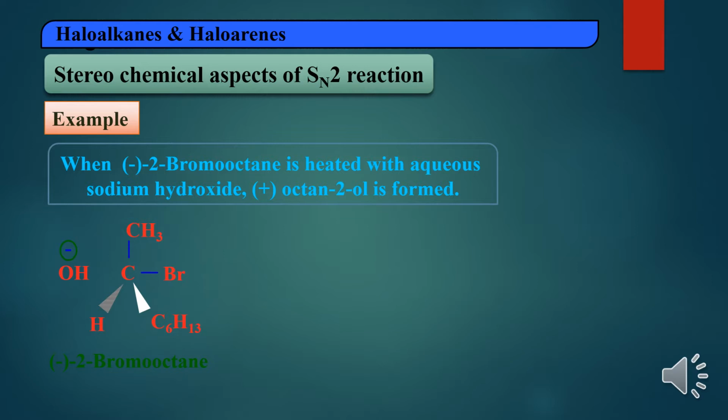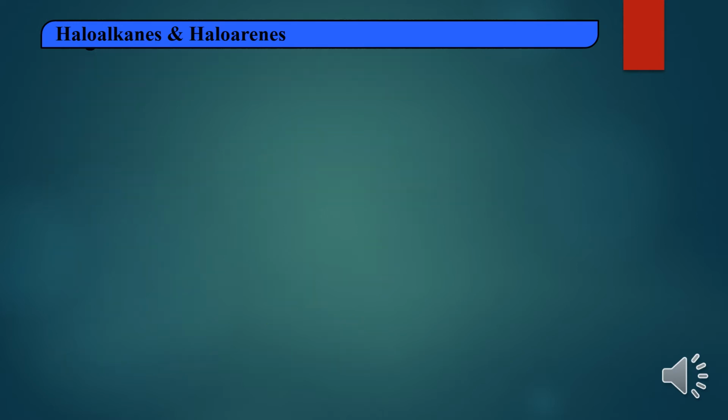Now the nucleophile OH minus will attack from the opposite side of where halogen is attached. Exactly from the opposite side it will attack the carbon atom. Then first it will form a transition state. Bond making and bond breaking take place simultaneously, and this is called the transition state. From the transition state it forms the product, which means where the halogen was there, exactly on the opposite side OH is attached now. So this is nothing but what we call inversion of configuration. If it is attached on the opposite side, it is called inversion of configuration.